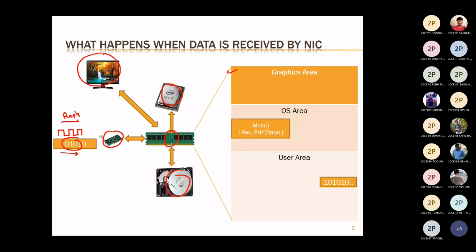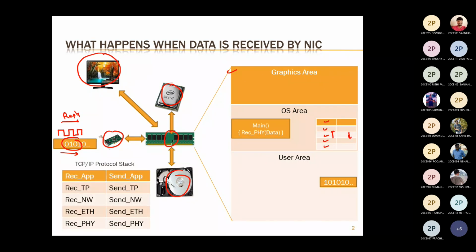We started to discuss kernel parameters and kernel practical number 7. We have discussed kernel parameters and we have tuned kernel parameters as well. In the OS area, we know very well there is a kernel, and the kernel contains the protocol stack. This is the detail of the protocol stack, starting from physical layer, data link layer, network layer, transport layer, and application layer. This is the in stack and this is the out stack. This is the very detail of all these stacks.